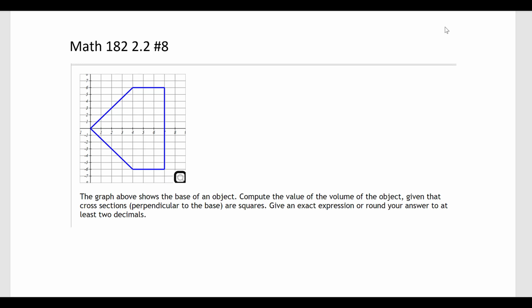This is an interesting problem. Having taught this area before, when I was first looking at this, it kind of threw me for a loop because I know where this goes when we talk about rotations of solids. But I had to reorient myself because this book approaches things a little differently. What we're talking about is if this shape had cross-sectional areas that are squares, and I'm trying to